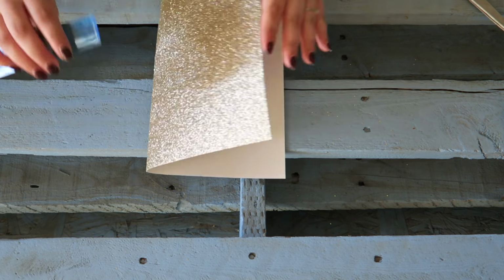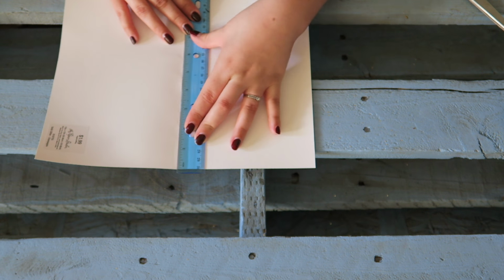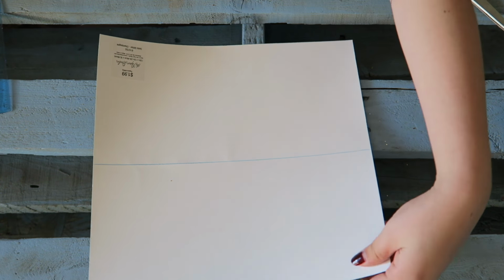And I'm not going to spend money on something that is only kind of okay. So this actually worked out very well. Scrapbook paper comes in all kinds of sizes and colors and patterns, and why not make a banner that's completely